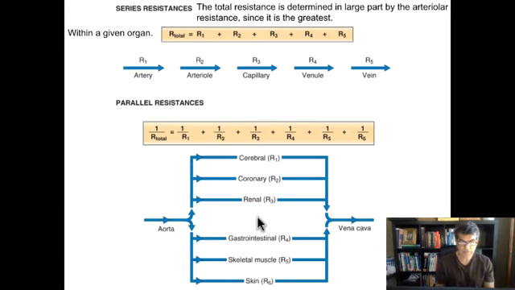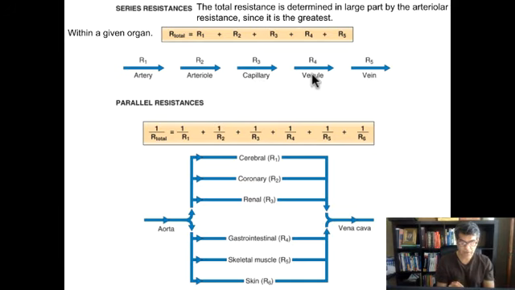And the last thing I want to tell you about the series system versus the parallel system is this. Blood flow in the series system is the same. Blood flow in the artery and arteriole and capillary and venule and vein would be the same. In the case of my kidney that I explained, blood is going to come to the renal artery, go to the renal arteriole, go to capillary, go to venule. The blood flow is going to be the same. But the pressure in each of these is going to drop